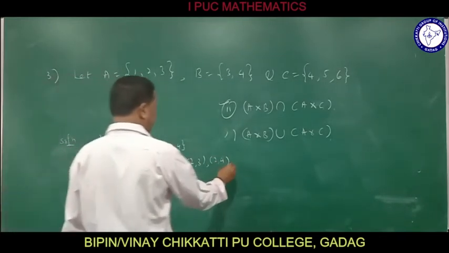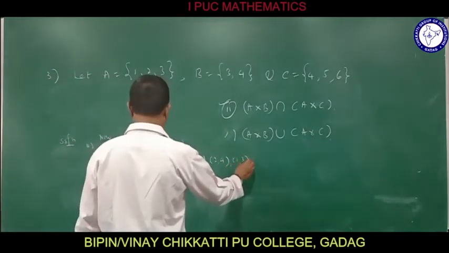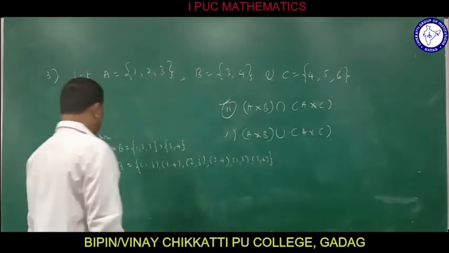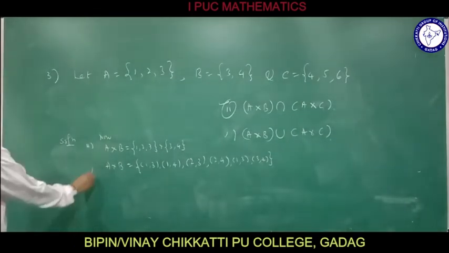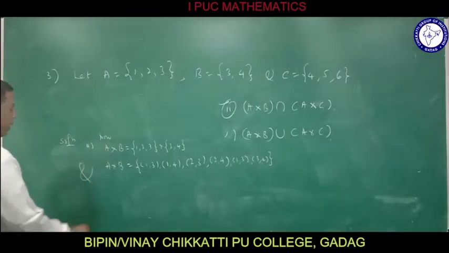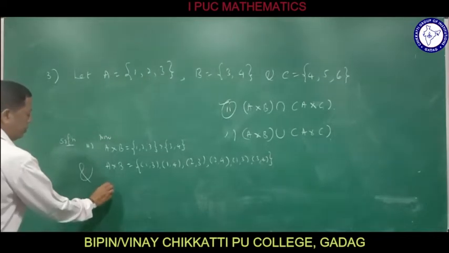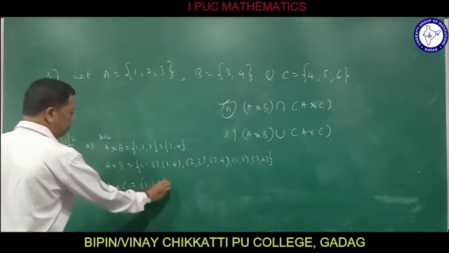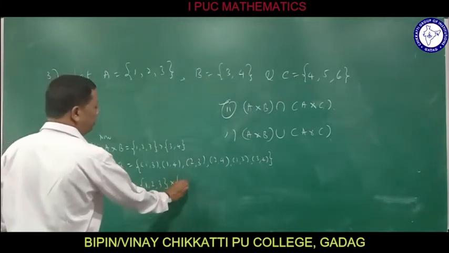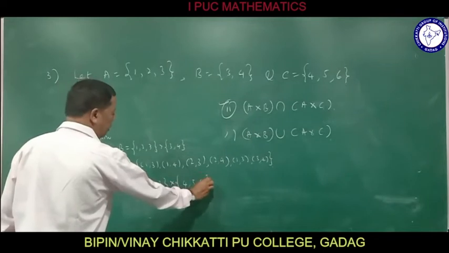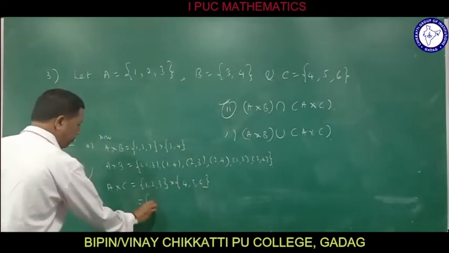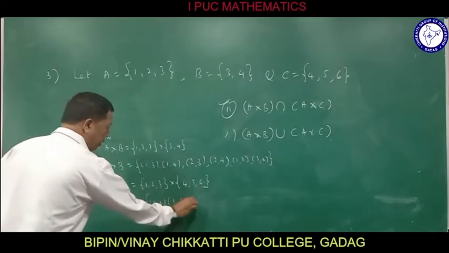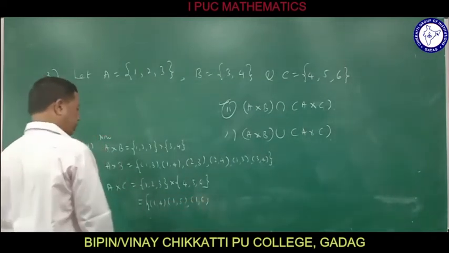Here next (3,3) and (3,4). This is A cross B. And next you have to see A cross C. Now A cross C is equal to A is {1, 2, 3} into C is {4, 5, 6}. See the answers here. You have to write (1,4), (1,5), (1,6)